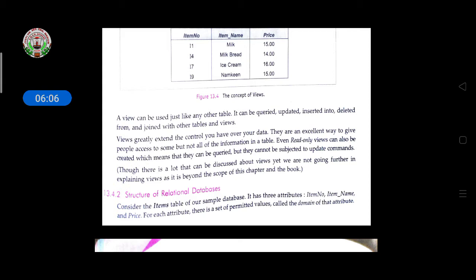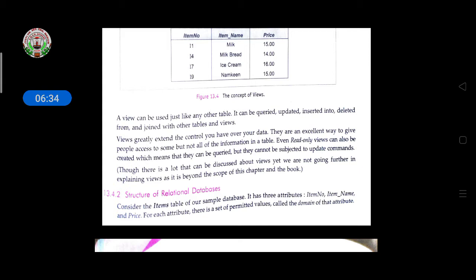Even read-only views can be created, which means that they can be queried but cannot be subjected to update commands. If you want to only view the data, you can use a read-only view, but a view can also be used for updating and inserting data.